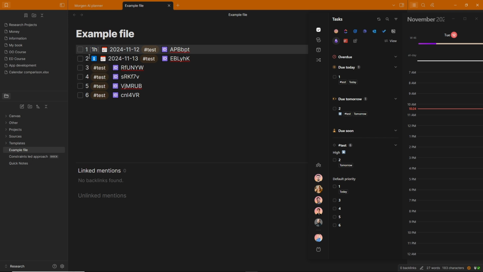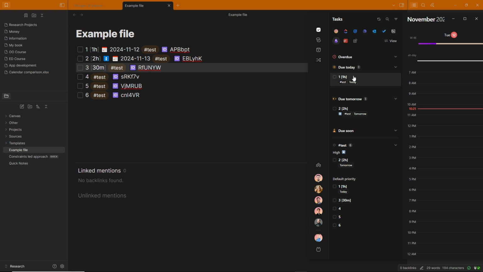But now I have 1 hour next to 1. Let's go 2H for 2 and go 30M for number 3. So now when I go to Morgen, it updates. You see 1 hour, 2 hour, and then 30 minutes. If I then drag this task onto the calendar, you can see it's given it a 1 hour slot, 11:05